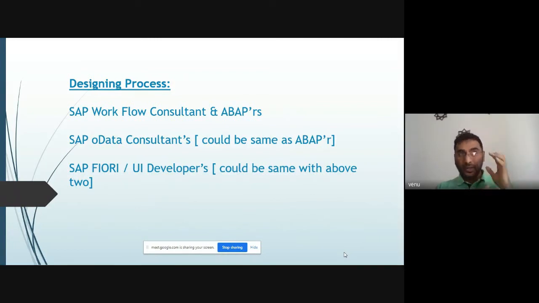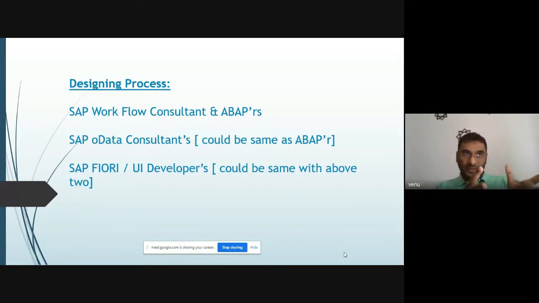Initially we had different, specific consultants for specific areas, but due to competition, interest and enthusiasm, people with a similar ABAP background can now be ABAP consultants, OData consultants and Fiori developers. So one person handles these three areas and the workflow.